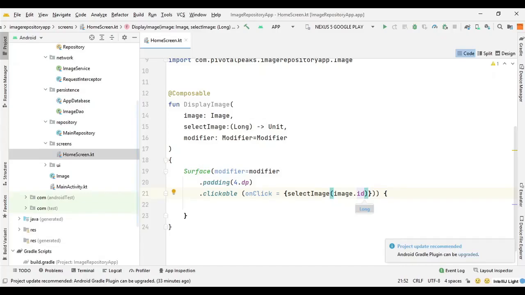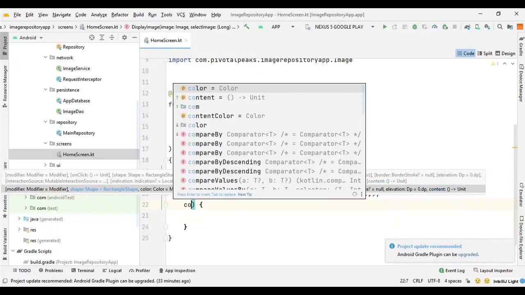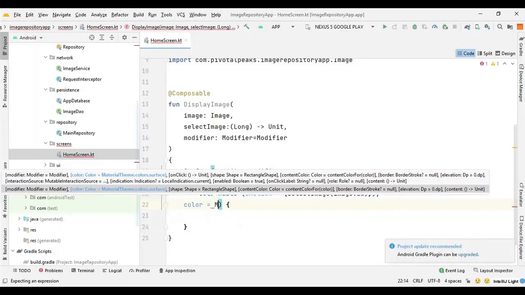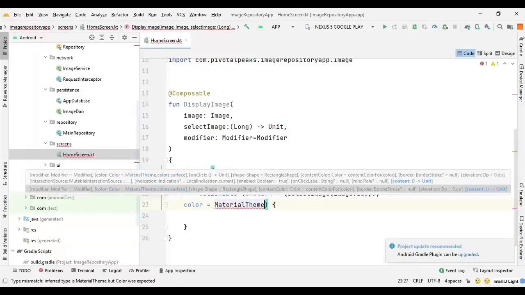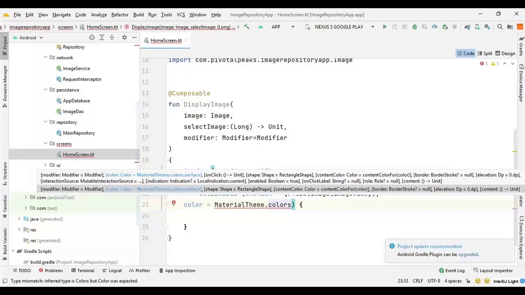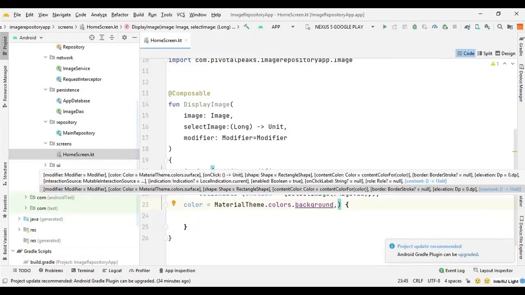So now we are done with modifier, and now we can set the surface properties after modifier. So here we can say comma color, and we can say MaterialTheme.colors.background to set the background color, and then we can set the elevation.